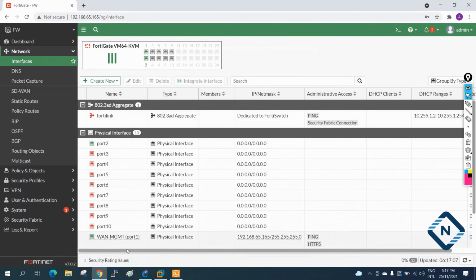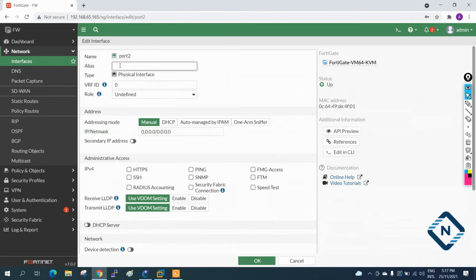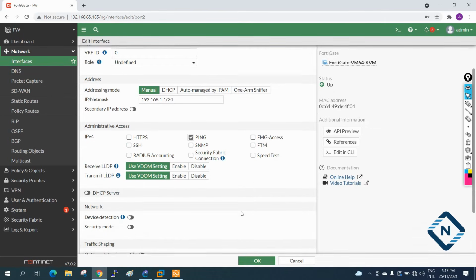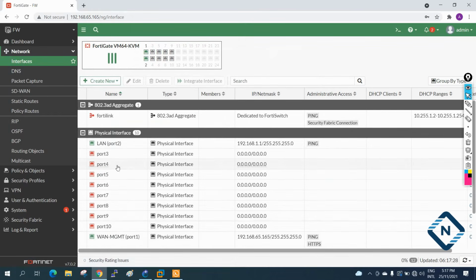We just put the name here. For port 2, I will write LAN, and the IP I need to assign, as I told, we will use 192.168.1.1/24. Here you can allow anything you want; for example, I want to allow ping here, and I will keep the rest as it is. This is the second interface.